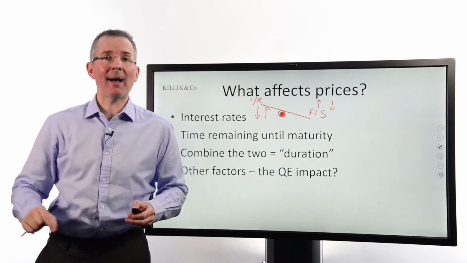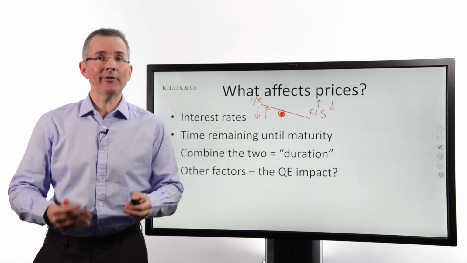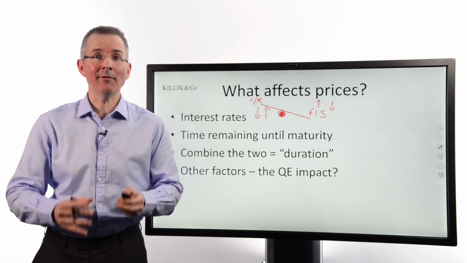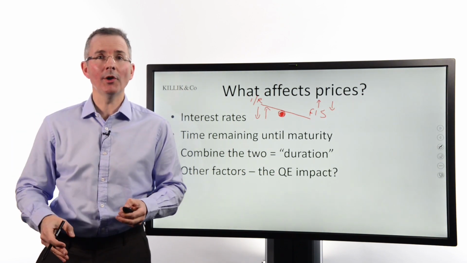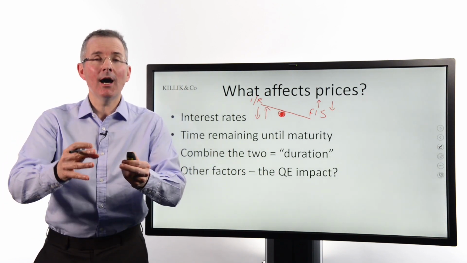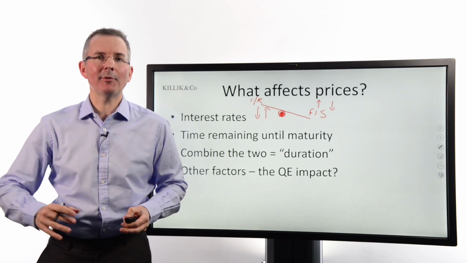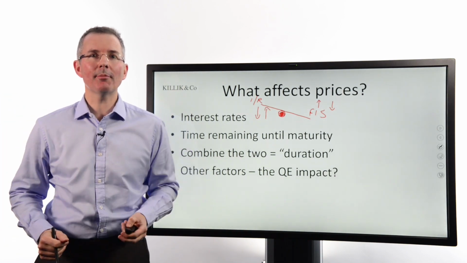And the more I can get in the bank, the more the price of the fixed income security will be damaged. Whereas if the bank account's paying 2% and my fixed income security pays me 5%, people will think, well, that's brilliant, I want that one. I want the 5% one, not the 2% one. And they'll start piling in. And as long as those interest rates are low, people will pile into something that pays 5% and drive the price up. It will become more popular. So you've got that sort of inverse relationship.